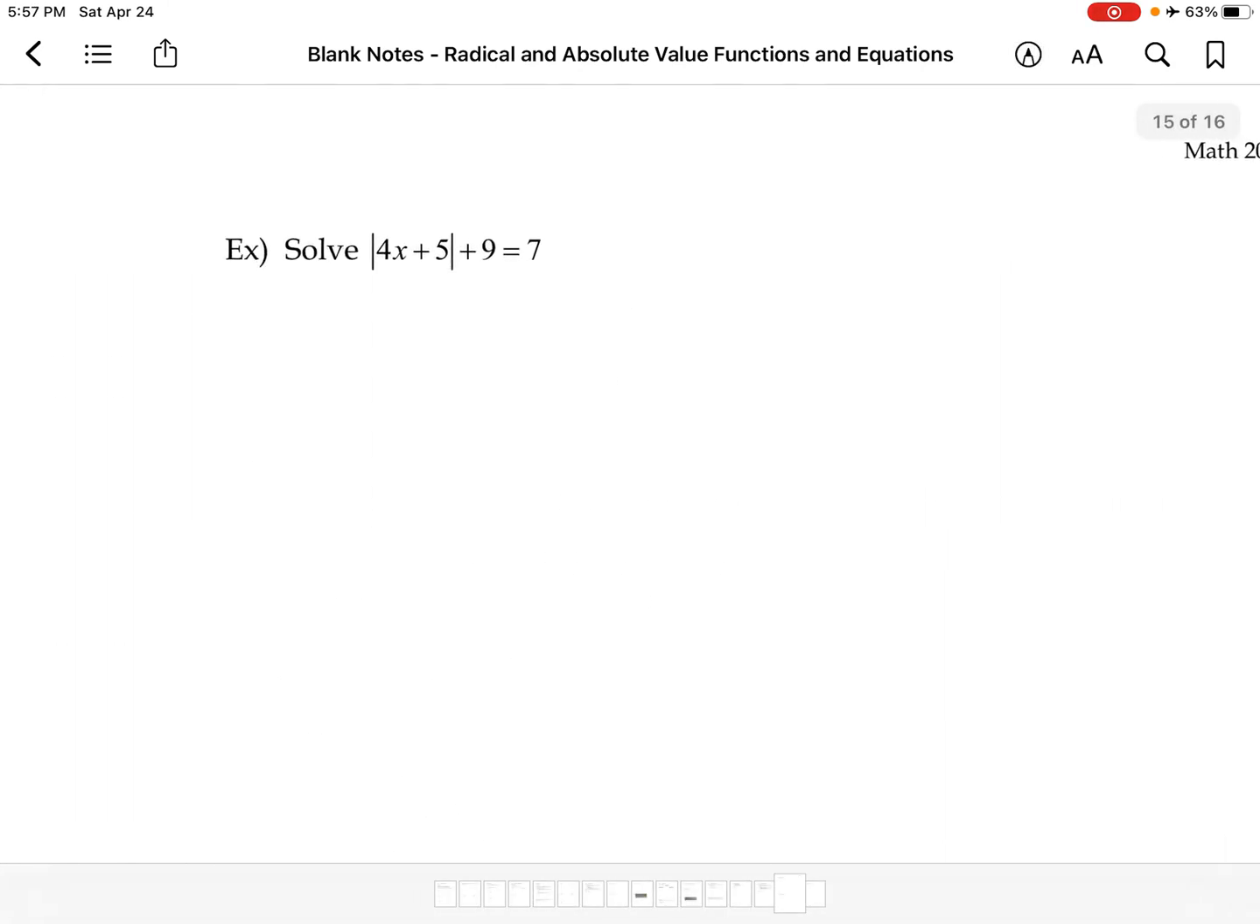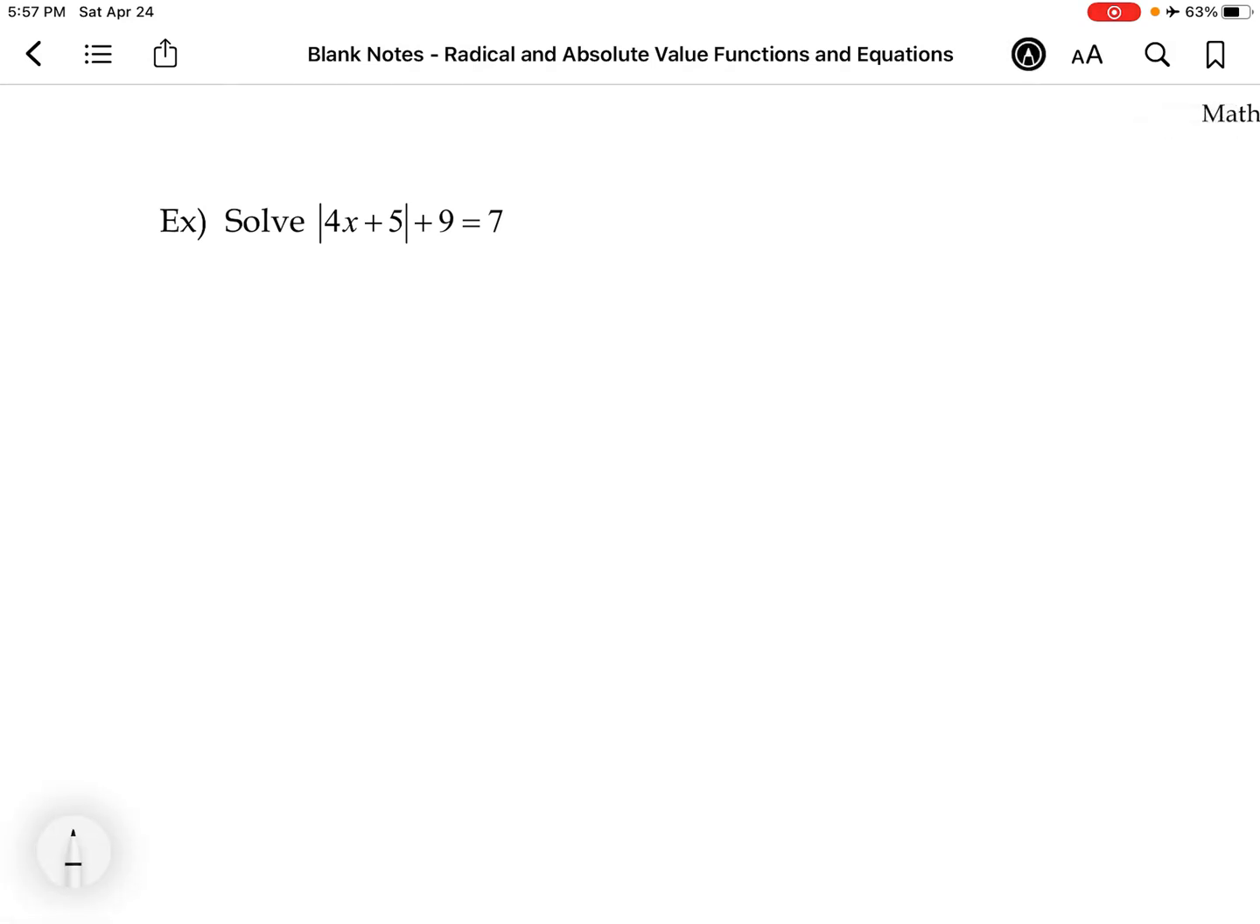All right, solve: the absolute value of 4x plus 5, plus 9, equals 7. So in this case, make sure you isolate the absolute value first. So we're going to subtract 9 from both sides, and we're going to get the absolute value of 4x plus 5 equals negative 2. Okay, now we have a problem, because remember, an absolute value must make something positive. And so therefore we cannot have an absolute value equal a negative value. Okay, so this is going to have no solutions